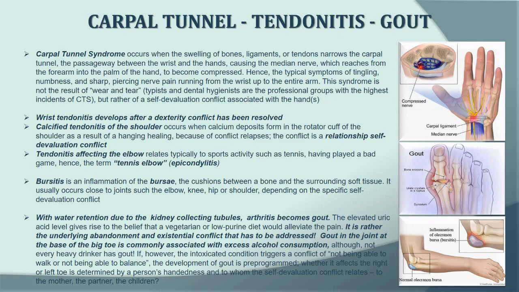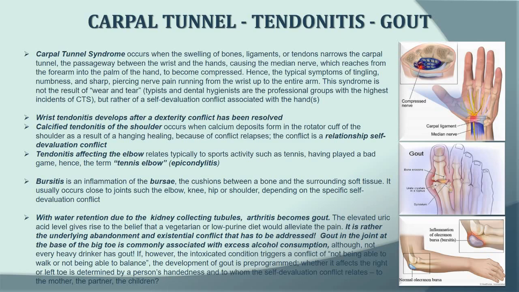Calcified tendonitis of the shoulder occurs when calcium deposits form in the rotator cuff of the shoulder as a result of hanging healing because of conflict relapses. The conflict is a relationship self-devaluation conflict. Tendonitis affecting the elbow relates typically to sports activities such as tennis, having played a bad game, hence the term